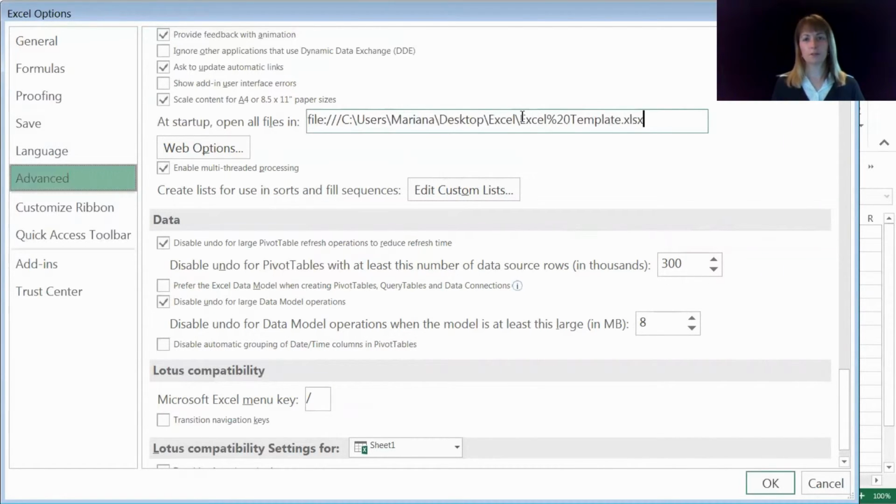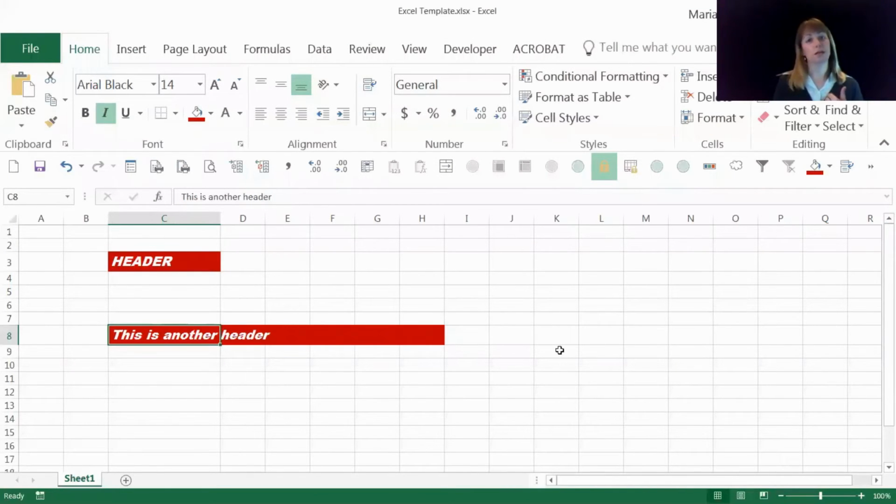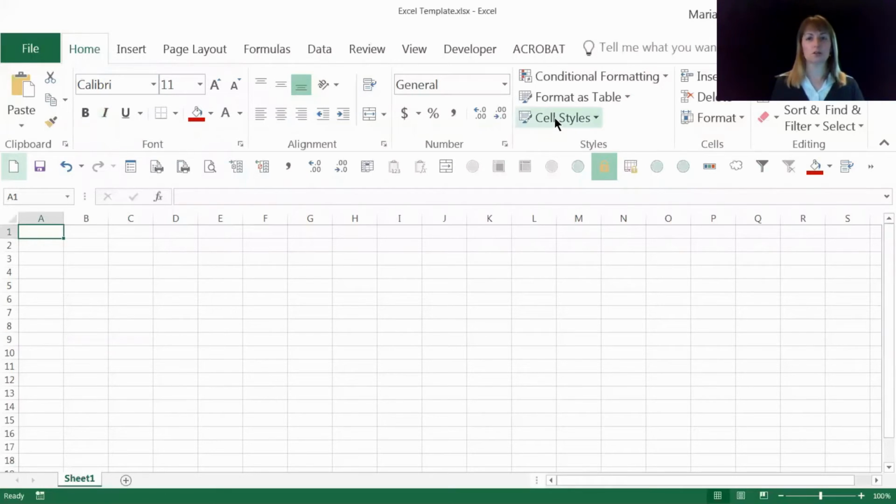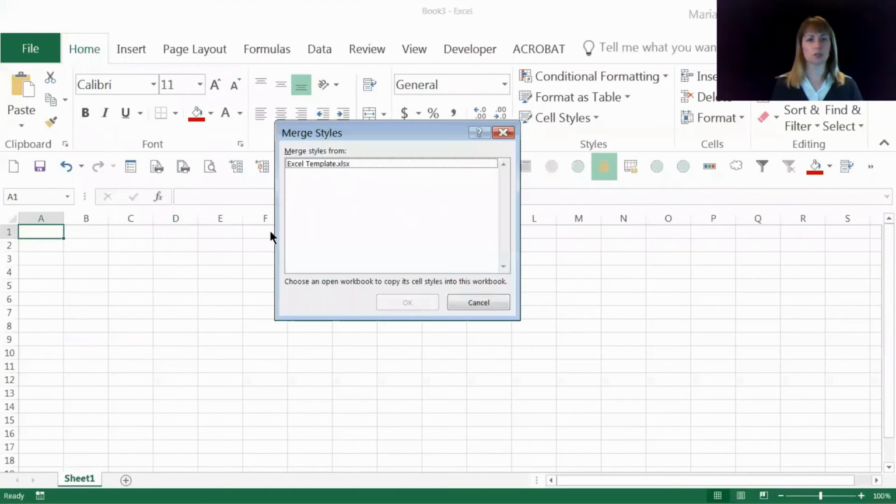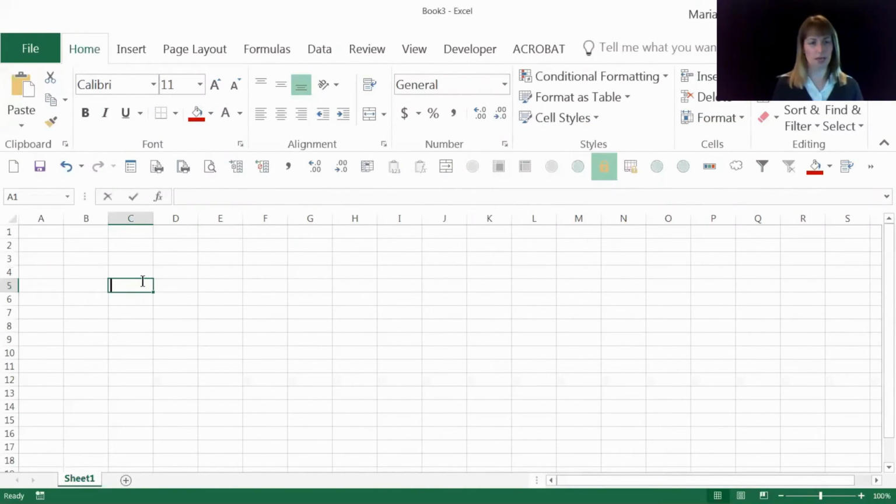And I'm going to get rid of the last bit where it says Excel %20 template. I don't need that. And I'm going to get rid of the first bit in front of the C. So I should just be left with C:\users, my name, desktop, Excel, or whatever folder you put it in, and you hit OK. So now what will happen is each time you open Excel, that file will open too, including your cell styles, and then anytime you're working in another file, you just go Cell Styles, Merge, that one, hit OK. And now if I type my header,